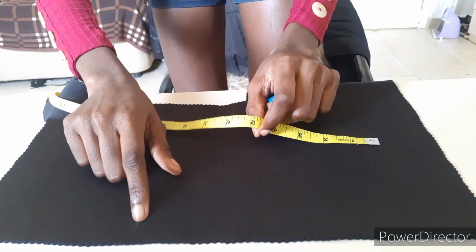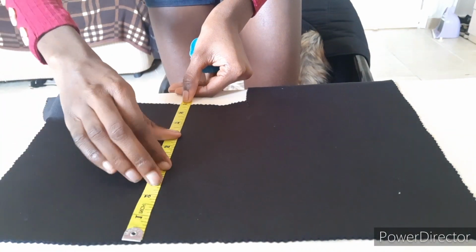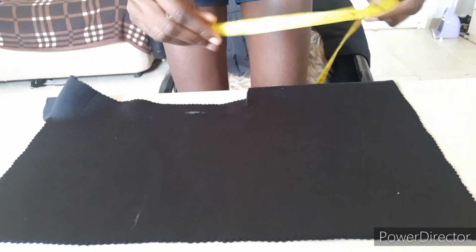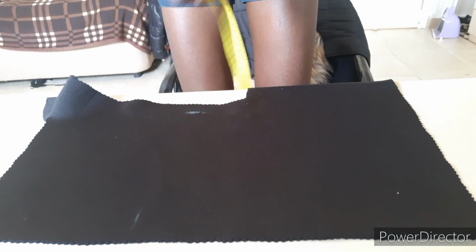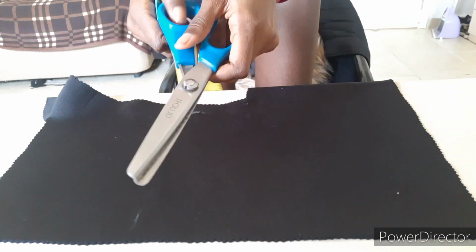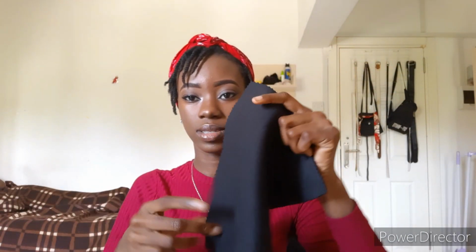You're going to mark it. I've marked it, and then you're going to measure from here down. Measure it and mark it, and when you're done marking, you're going to join the lines and then cut them. If you want to see how I cut it, check out the previous videos. But I'm going to be using my zigzag scissors to cut it. So when you're done cutting, what you should have is something like this,